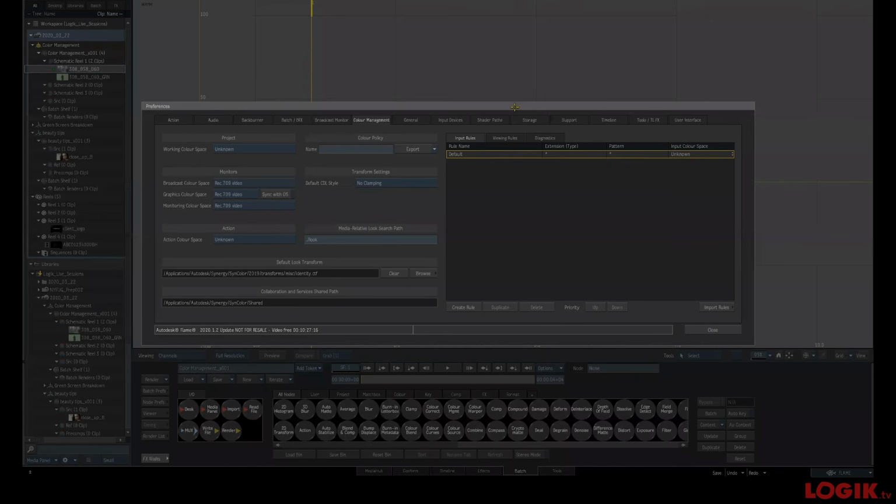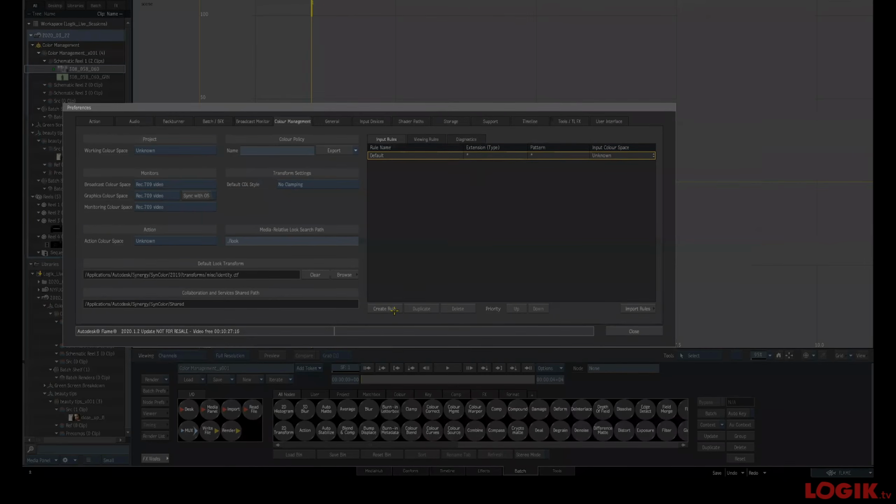You can create a rule here that says, like, I'll show you. Those kind of files are here. I'm going to screw this up. I know I'm going to screw this one up. Let's see. Alexa Log C EXRs, all right? So basically it's saying, and there's a great help page on this that I really should have open right now, if your extension is this,